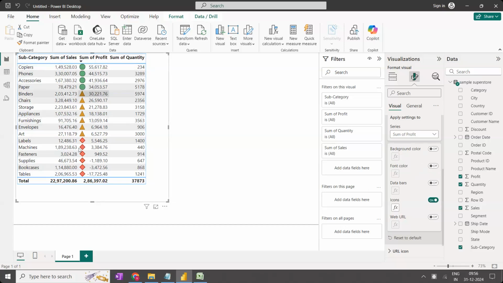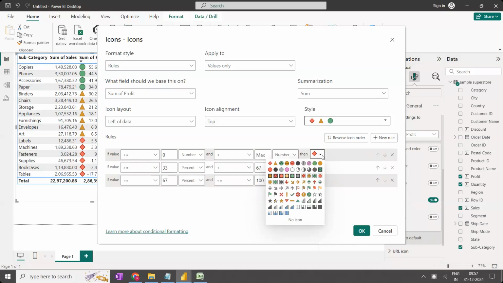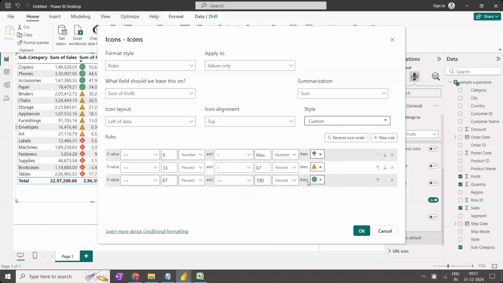I don't want it like this. Circles I don't want. I want upper arrow or down arrow. Here, I'm going to modify this. Click on this. Here, I'm going to keep the value. Whichever value is greater than or equal to 0, number wise, sorry, whichever value is greater than 0 up to the maximum value, that particular one I want to represent with the upper green arrow, this one. Okay. And whichever number is less than,